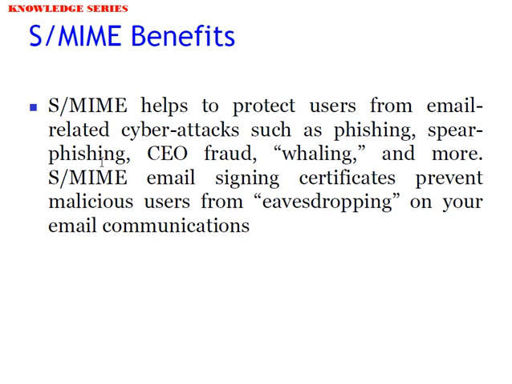Now if you look across the benefits of the multipurpose email service, some of the benefits are shown like this. S/MIME helps to protect the user's email from cyber attacks such as phishing, spear phishing, CEO fraud, whaling, and like that, different types of terminology you can see. All these are types of fraud that occur with email. Sometimes you feel that an email is there, but behind that another email is running. So whatever you are typing is being accessed in a virtual way. So several types of such errors are there.